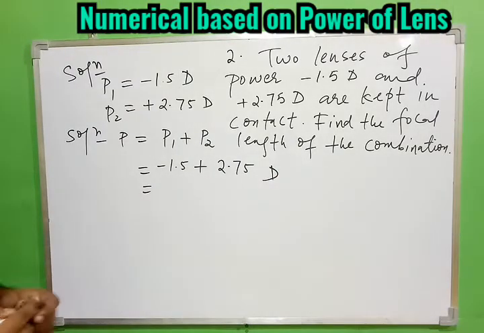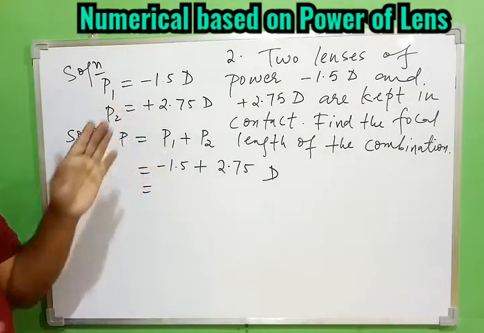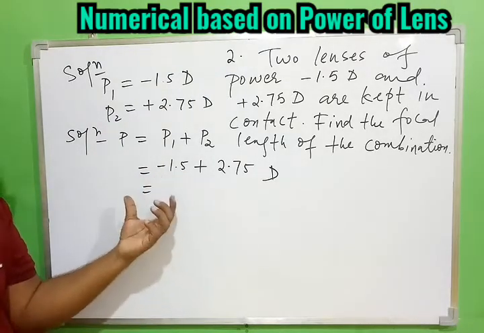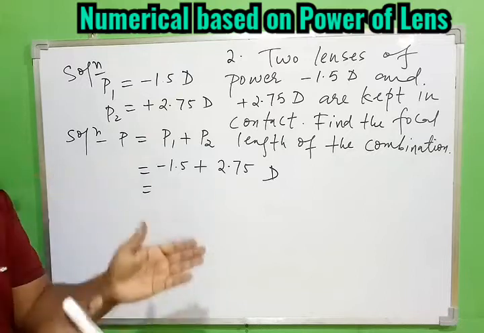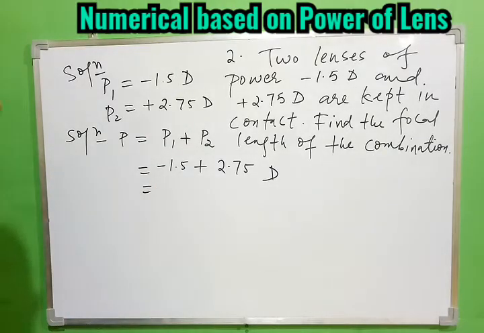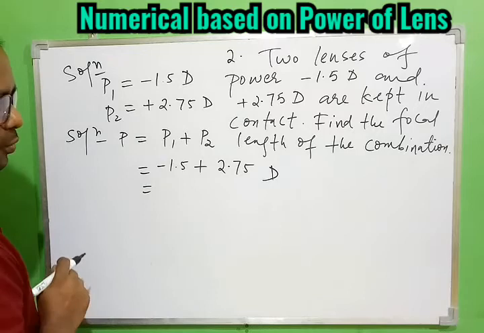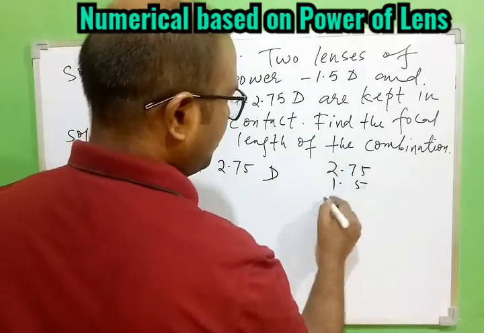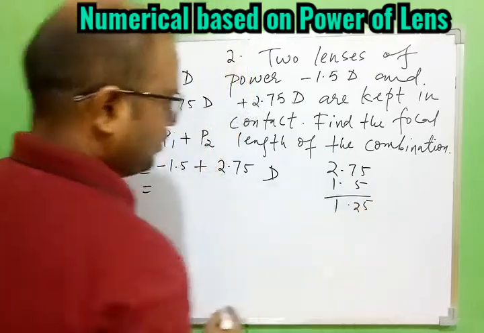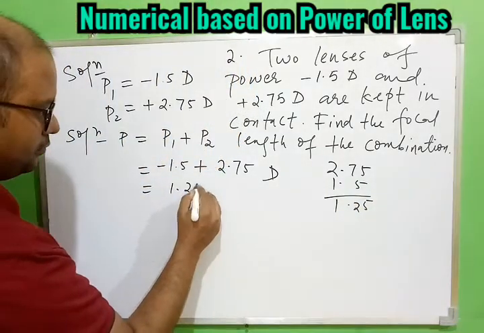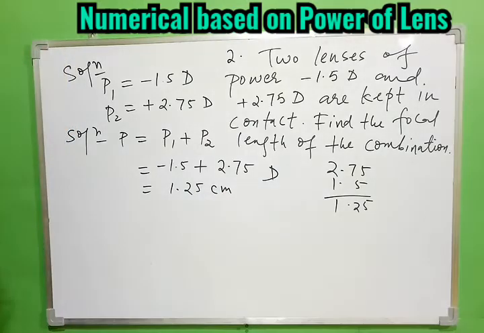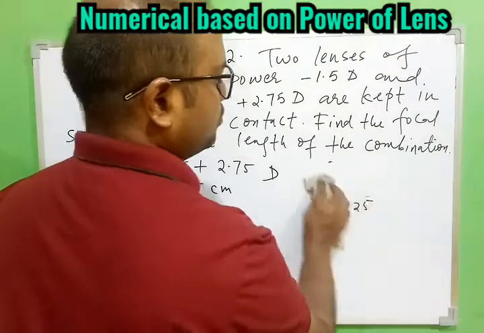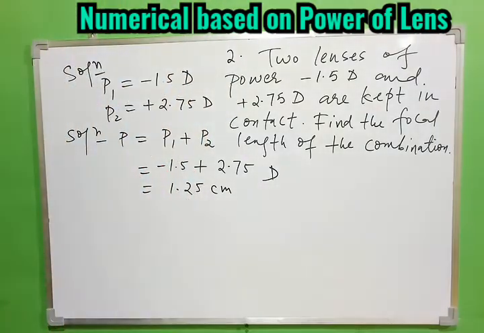So this will come in positive only. One concave lens and one convex lens are combined together, but since we are going to get the power in positive, overall it will behave as a convex lens. So this is how much? 2.75 minus 1.5, I think 1.25. Let's check it. We should not be overconfident. So 1.25 positive. Don't be overconfident in the paper. Always do the subtraction and addition properly in the rough work, otherwise mistakes can happen.